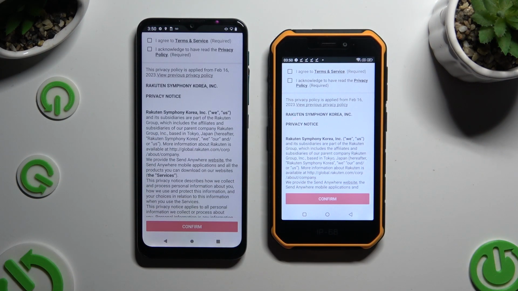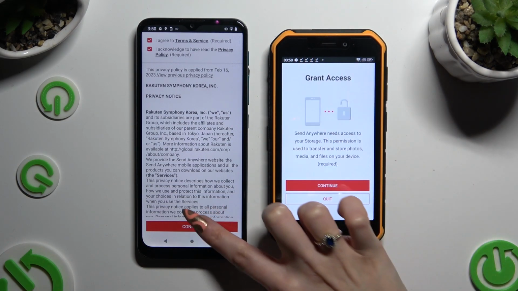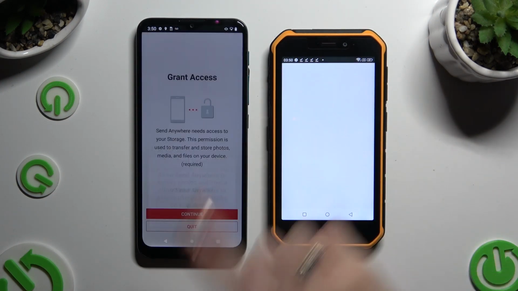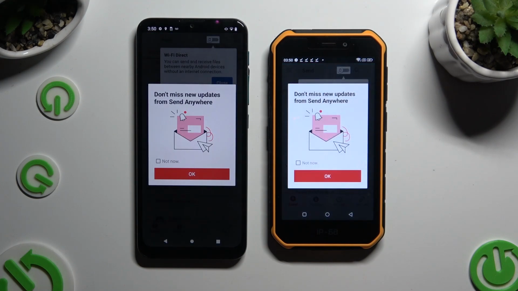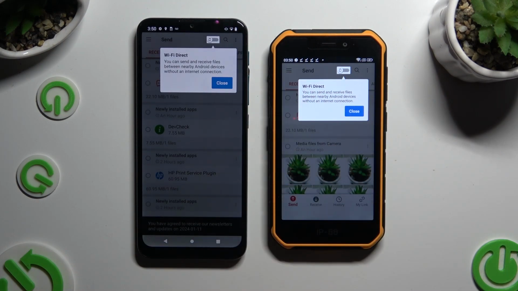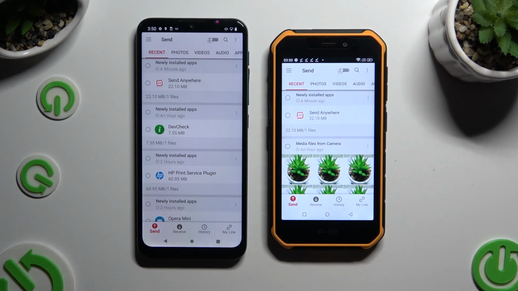Now to use it, you need to set it up by tapping on the same options in both apps. Firstly, I agree and I acknowledge at the top. Then confirm, continue, and allow. In this window about new updates, you can select Not Now if you want to, and then close it by hitting OK. Now after selecting Close in white pop-up at the top, tap on Send at the bottom left corner